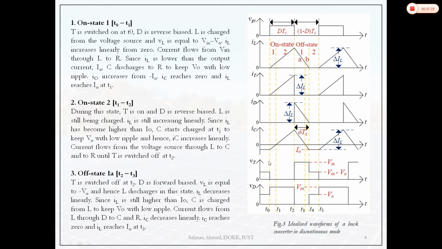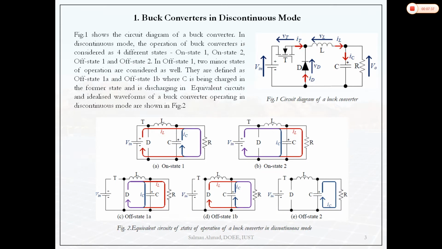Similarly, if you want to plot the voltage across the transistor, that is VT, you can see from this figure, once it is conducting during on time, it is 0. Here also the voltage across the transistor will be 0. During off state you can see from this diagram that it is V in. Again here it is V in if we apply the KVL in this loop. So here also if we apply the KVL, the voltage across the transistor will be V in.